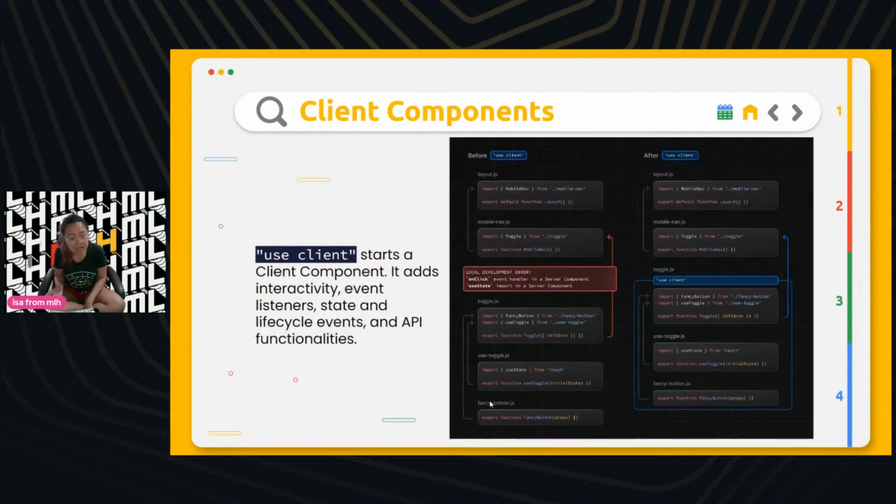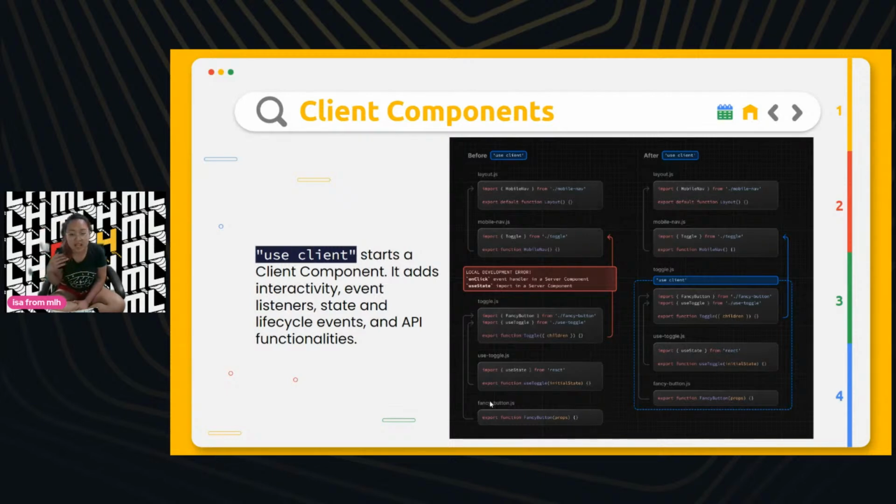Moving into the client components, the difference that I've noticed myself start to struggle with when I switched into the app router is you have to say "use client" on top of every file that then becomes a client component.